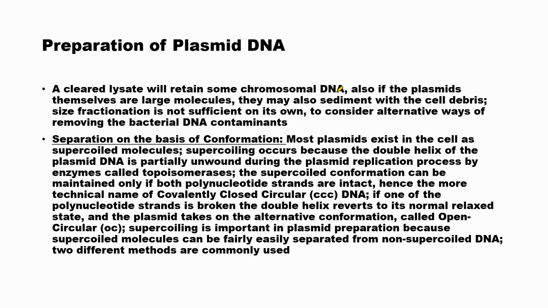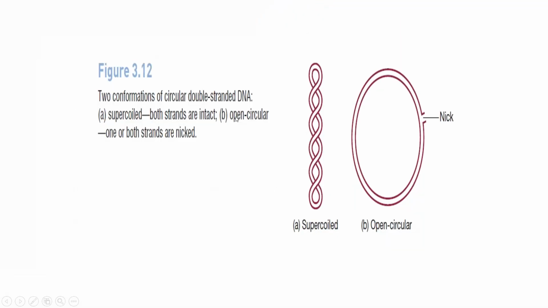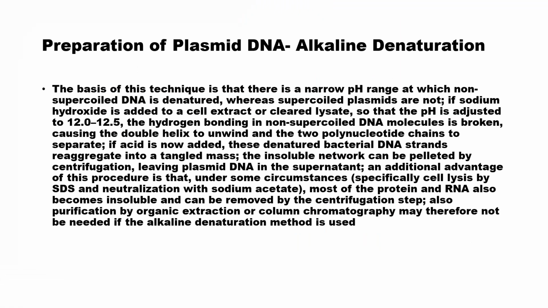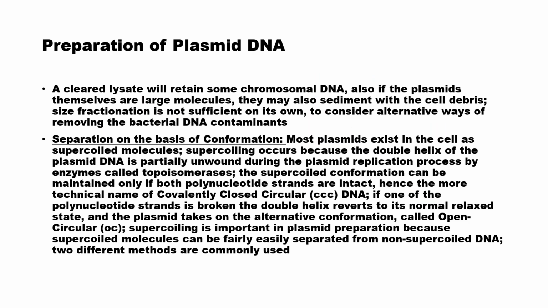The first method, size fractionation, depends only upon the size of the chromosome. Based on the size, we go for the size fractionation method. Clear? So the next method is based on conformation. We will complete one more topic, and this next topic also. The time is already 7. No problem. Another 10 or 15 minutes, I will complete.